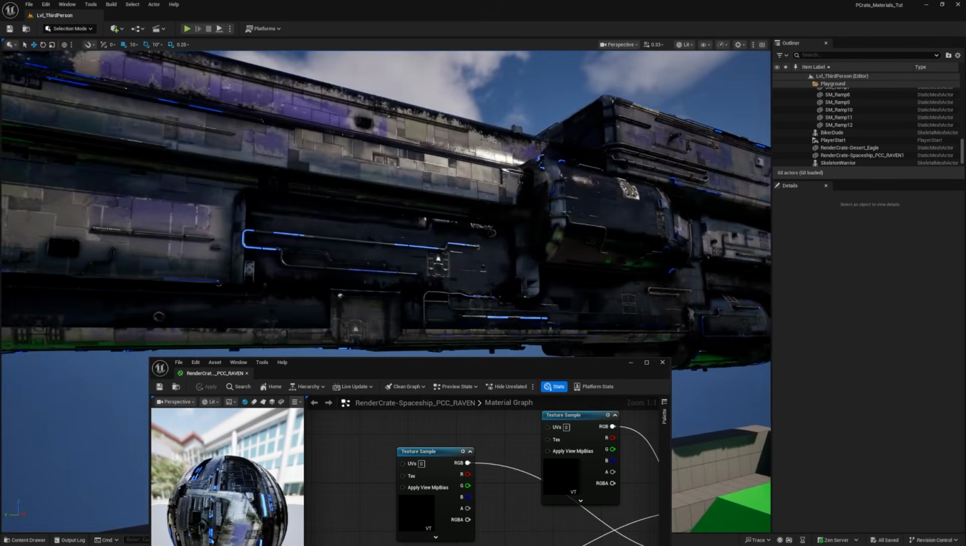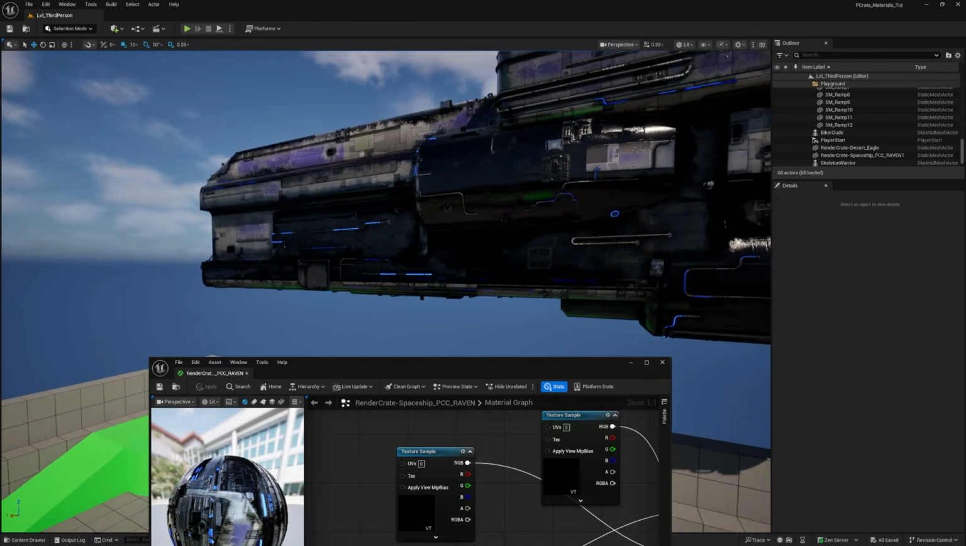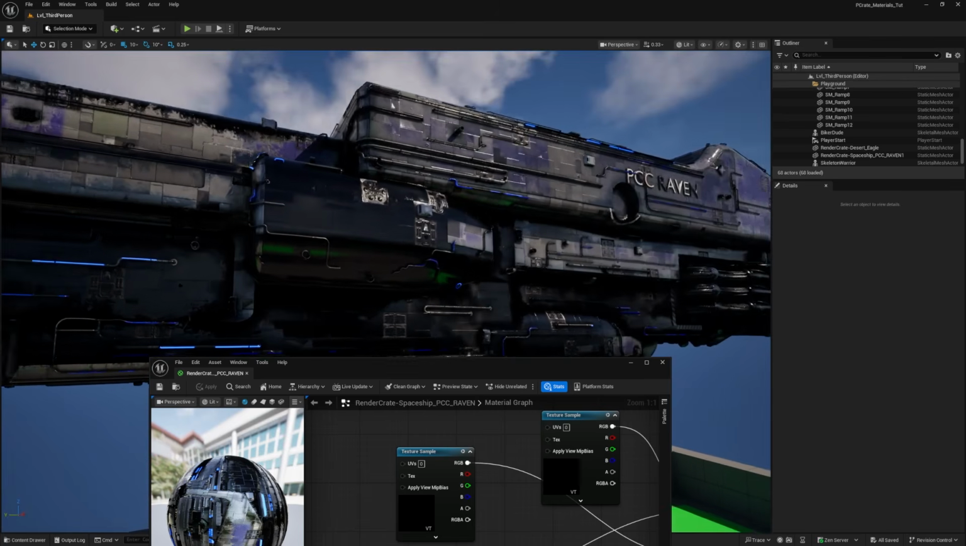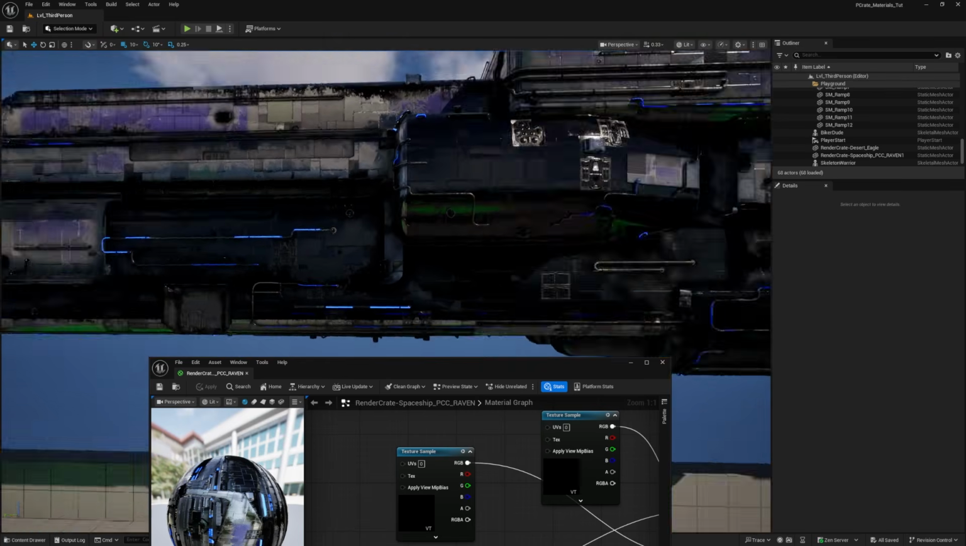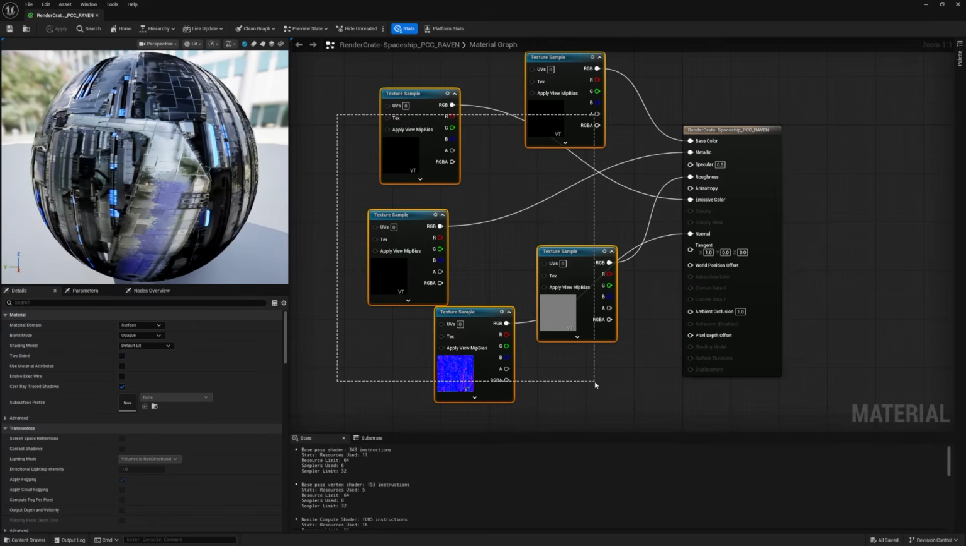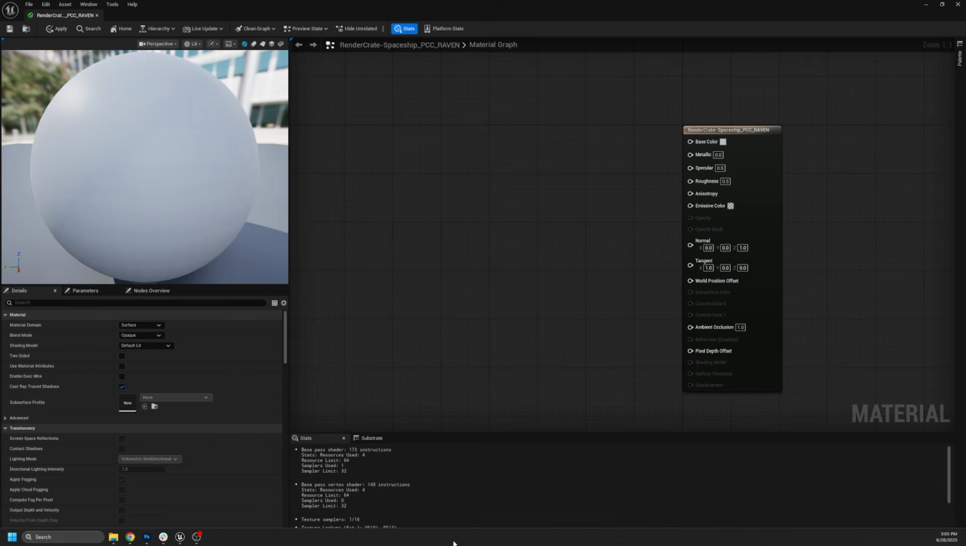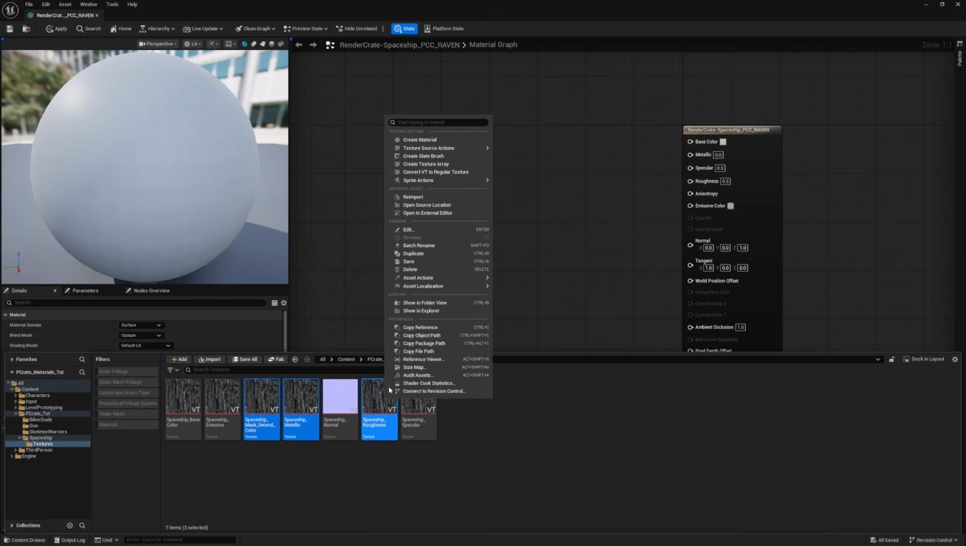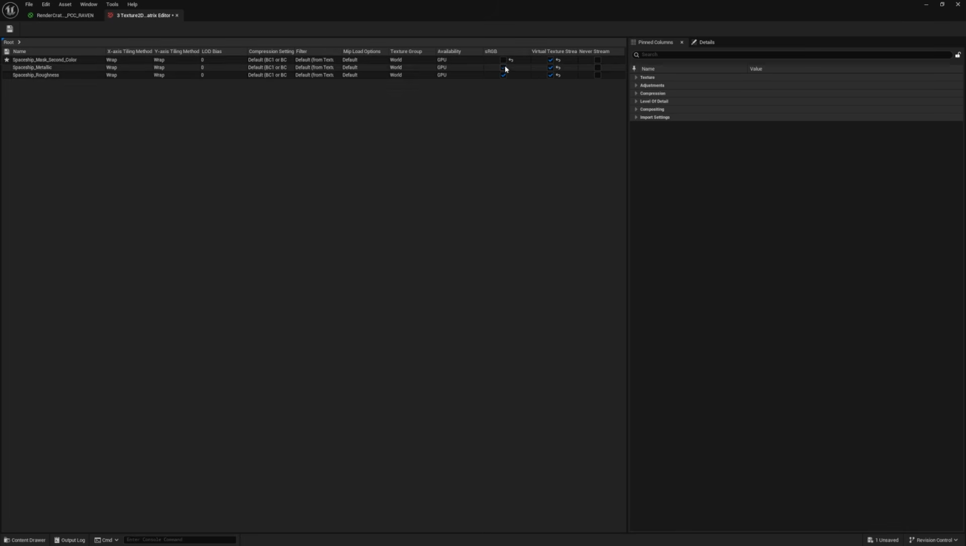Now, it looks kind of weird, but I can tell you why. It's because I forgot to change the sRGB value on some of these textures. So this is what will happen if you don't do that. It looks really dark, doesn't quite look right. So I'm actually going to delete all my textures out of the graph, and then I'm going to go back to my textures folder, and I'm going to search for the mask, metallic, and roughness. Let's right click and go Asset Actions, Edit Selection and Property Matrix, and we'll uncheck sRGB for